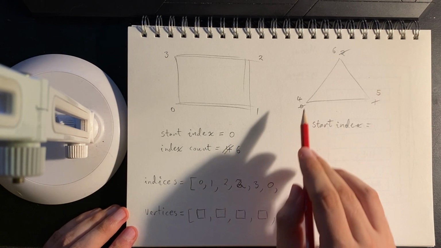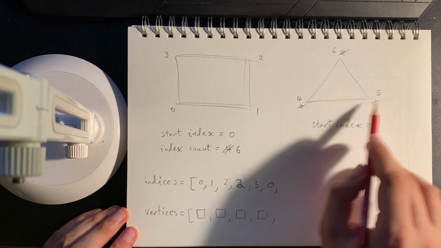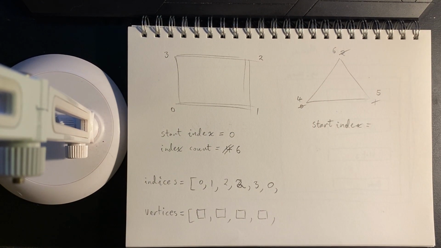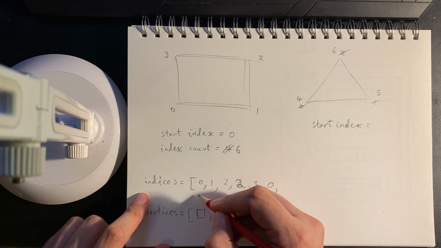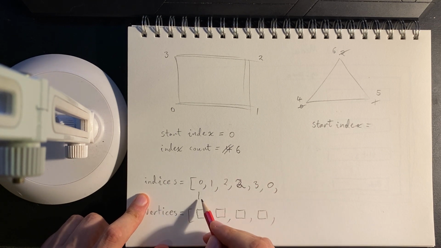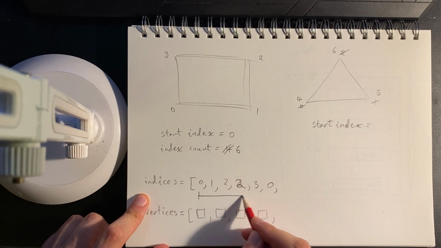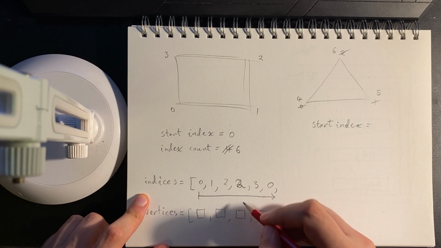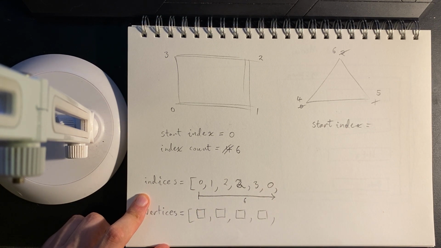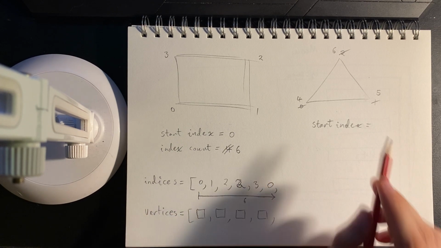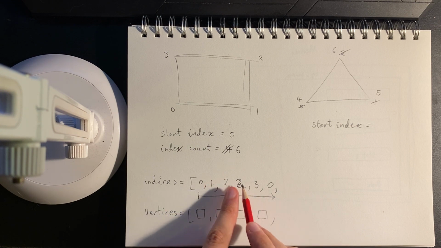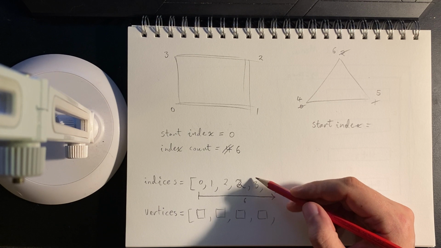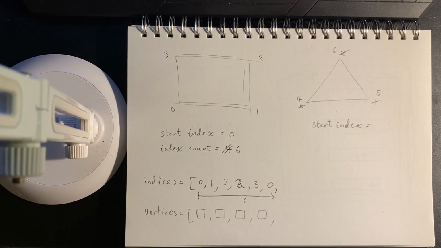It's tempting to say that the start index is 4, because that's the first thing that I've got here. But if I look at my indices, because this is what I use to draw, when I say draw starting at index 0, drawing 6 things, it's starting from position 0, reading the first 6 things within my index buffer. So start index. Well, if we go 0, 1, 2, 3, 4, we're going to start actually drawing some of the data which was defined in the rectangle before, which is really not good and really confusing and hard